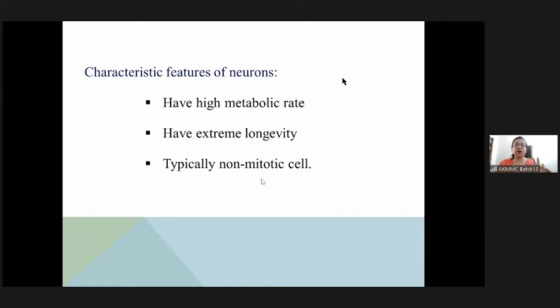Every cell will undergo mitotic division except two types of cell. One is neuron, which we will find in the central nervous system, the brain and spinal cord. And another cell is cardiac myocyte. কোথায় পাবো কার্ডিয়াক মায়োসাইট? হার্টে পাবো, তাই না? গুড, হার্ট।